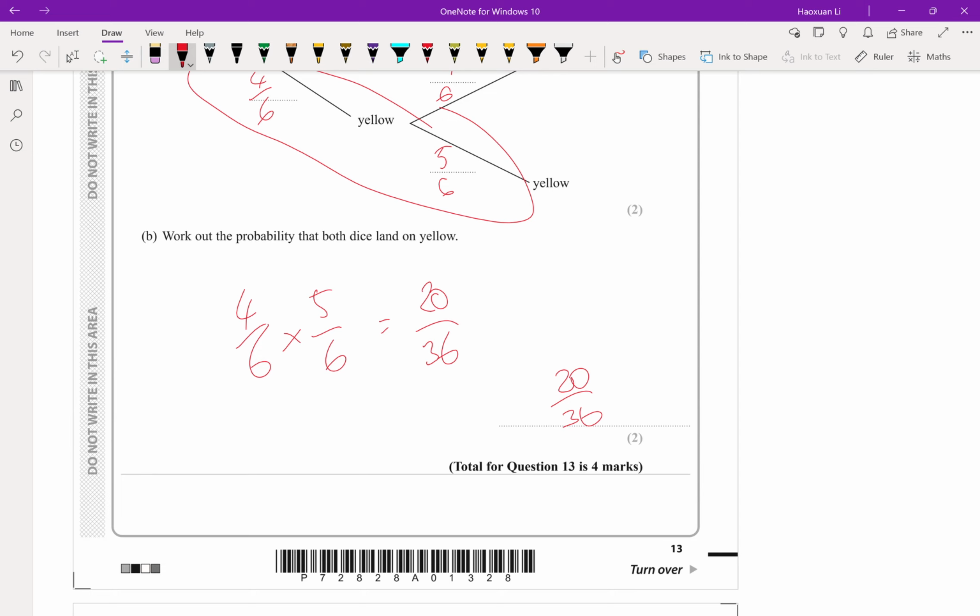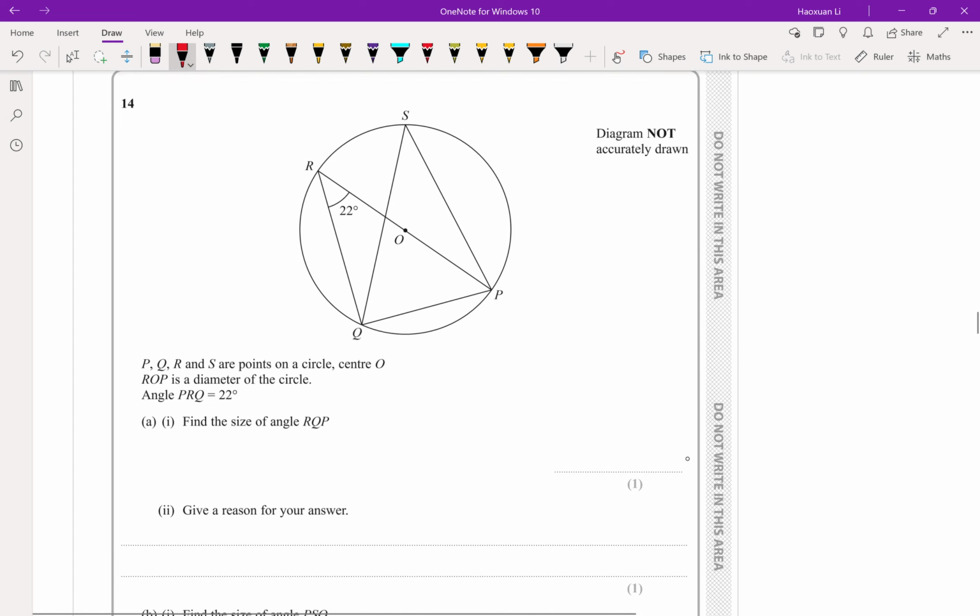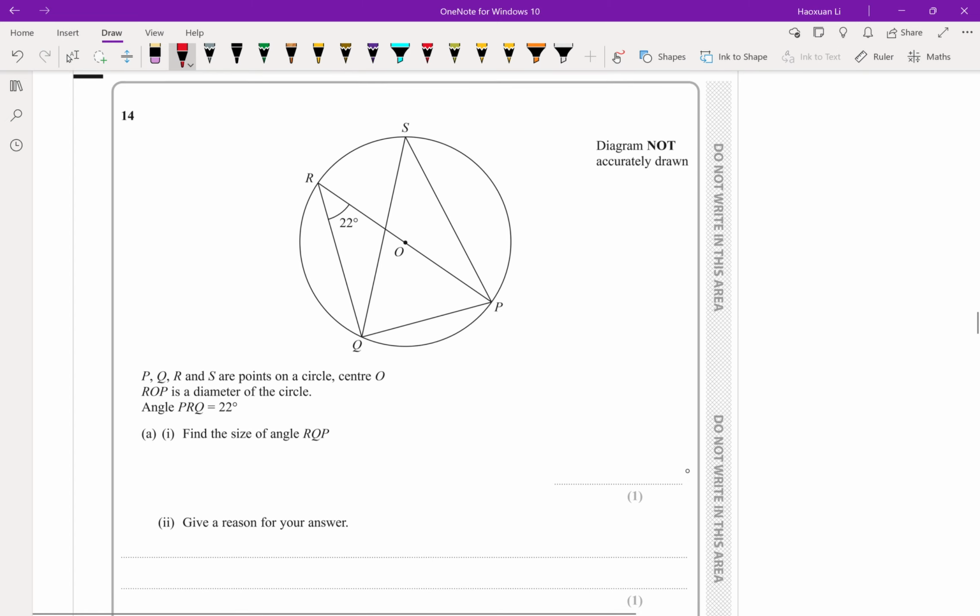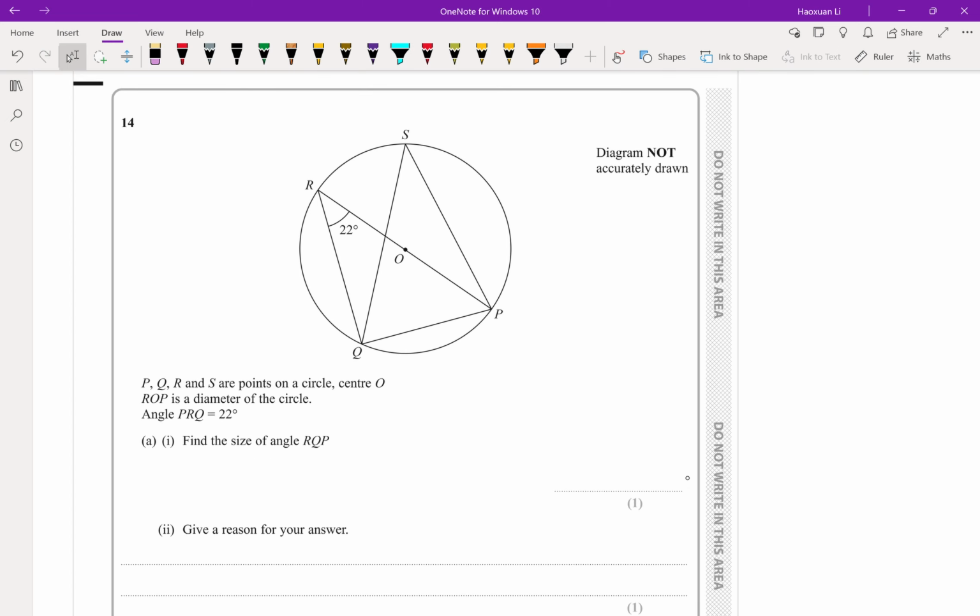So let's say they use percentages, they use decimals. You can have loads of multiples, but it is still better to simplify them. Right, 14. Another